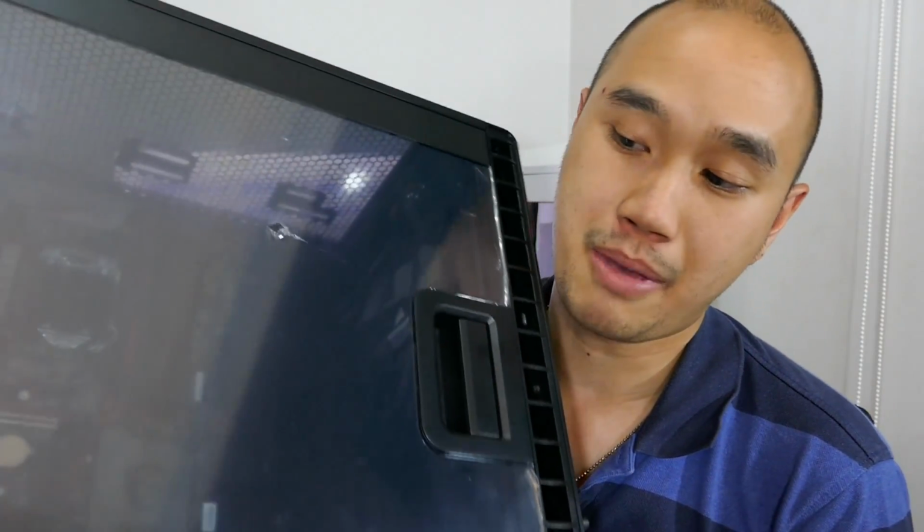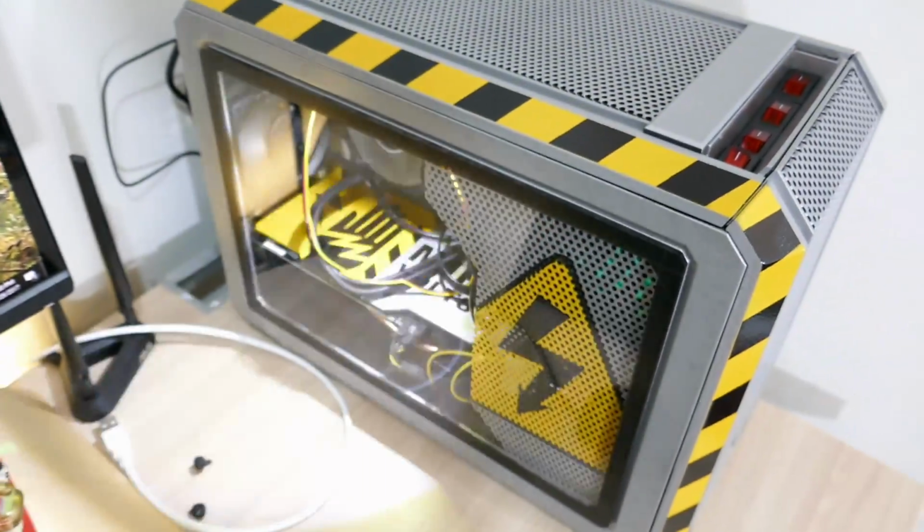Today we're going to be doing a mod on this guy right here, the Corsair 400C. It's been around for a while and it's not a new case, but it looks kind of empty over here, and I want to do some mod over here and maybe something on the side panel as well. That'll be really cool. So yeah, hopefully I won't go all crazy like in my previous video, but if you